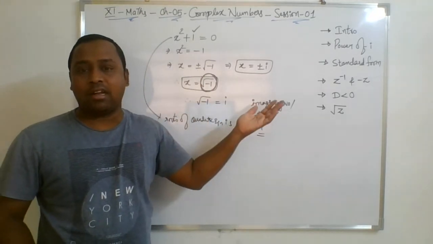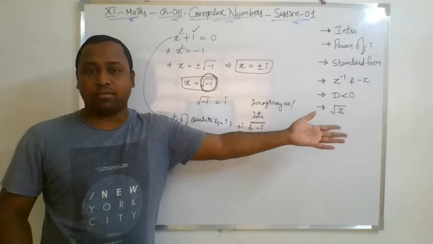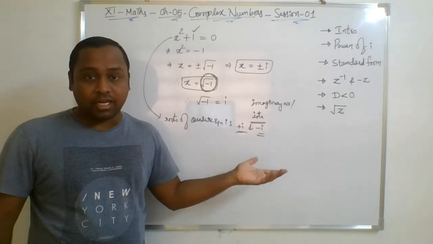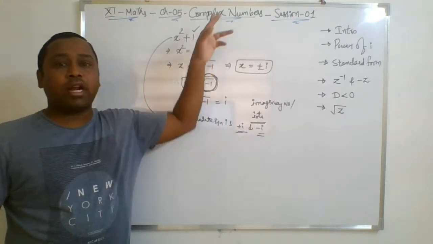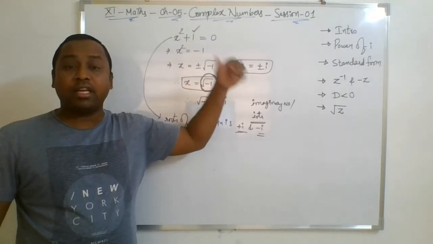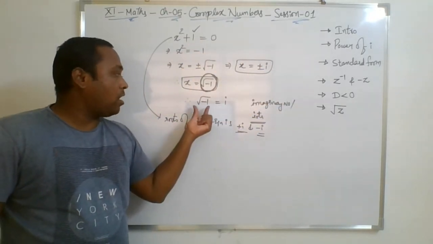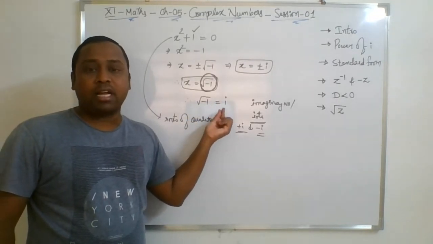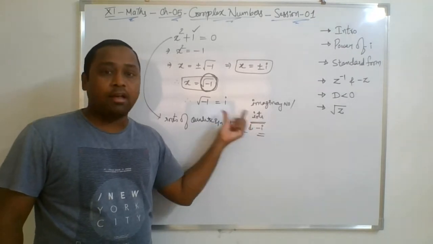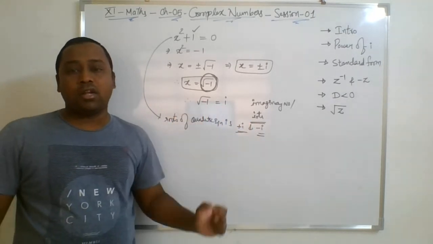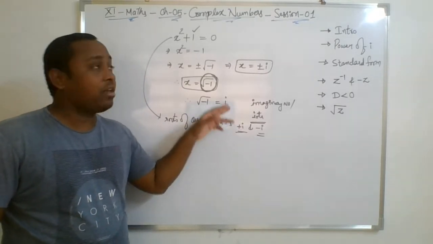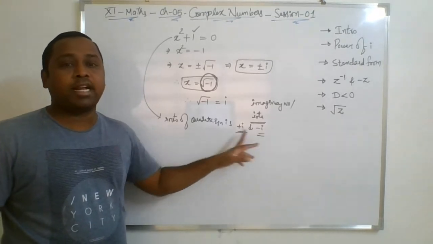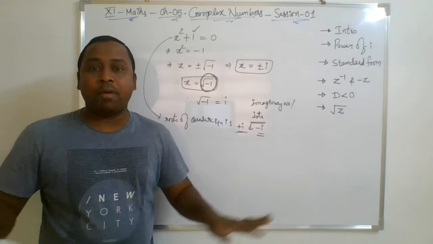That's why we extended our number system to a bigger number system where this type of number can be defined and accepted, and that number system we call the complex number system, where under root of minus 1 is treated as an imaginary number denoted by I. I stands for iota. Hence the iota value is defined as under root of minus 1. In this way, the roots of this quadratic equation come in iota language, plus I and minus I. Now the problem has been solved.